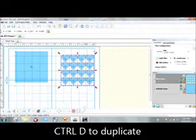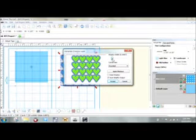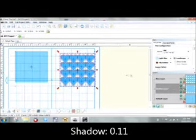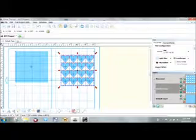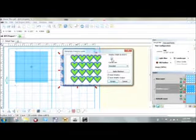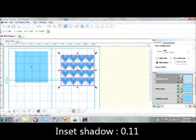Now I'm going to shadow this. The shadow width of 0.11. There we go. Accept that. Those are on their own layers, which is good. So now I'm going to turn off the shadow layer, and I'm going to again shadow. This time select Inset Shadow. And I'm going to go 0.11 again and accept it. Turn on both of my shadow layers,